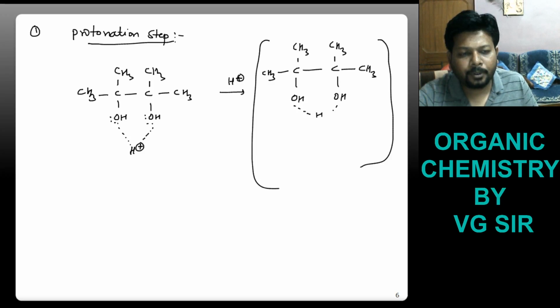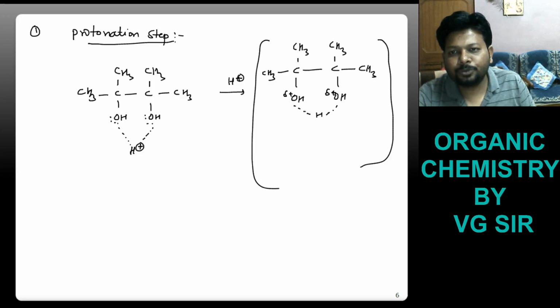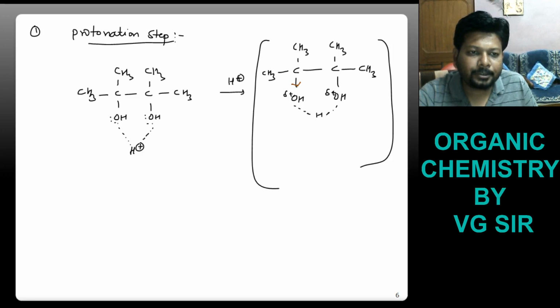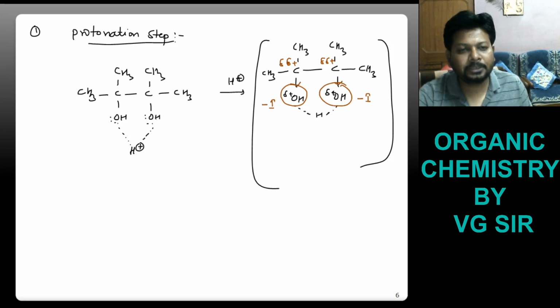Suppose this proton comes into close proximity of these two hydroxyl groups, then they will acquire a positive charge, and due to this positive charge they will attract the bonded pair of electrons towards themselves. So we can say they will impose a minus I effect. Due to this minus I effect, this carbon will have a partial positive charge, which will be lesser in magnitude than the hydroxyl group for a while. Okay, we are only talking about a transition state.